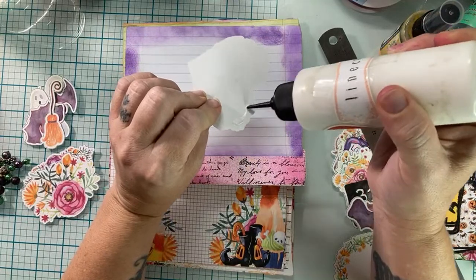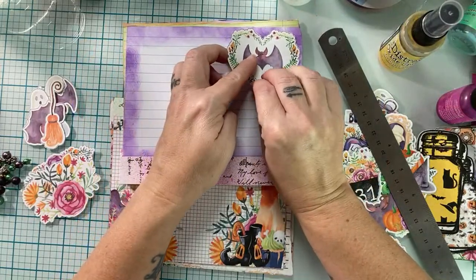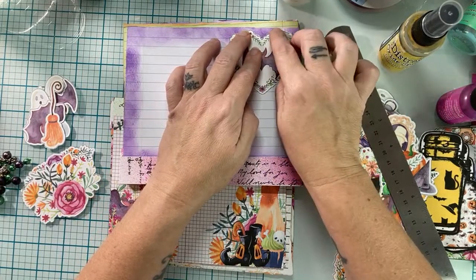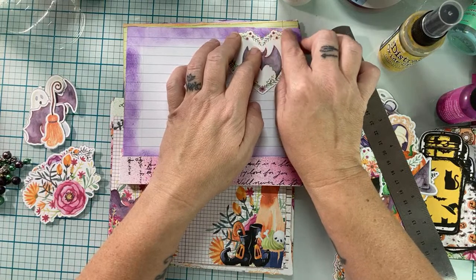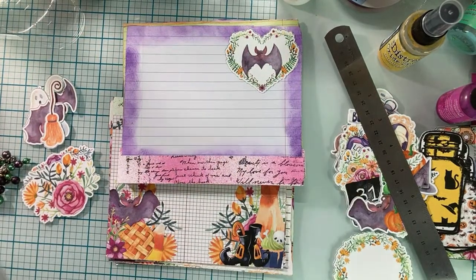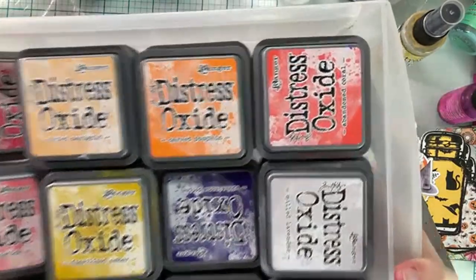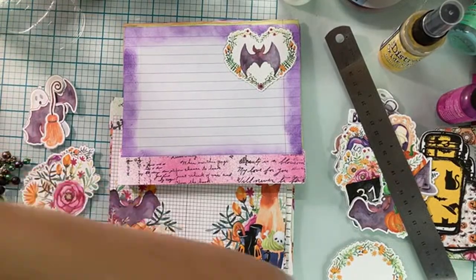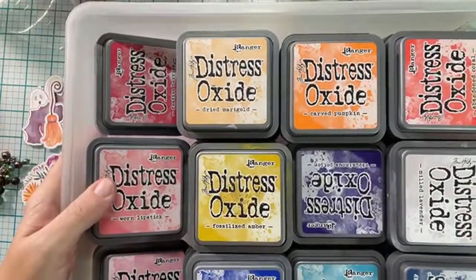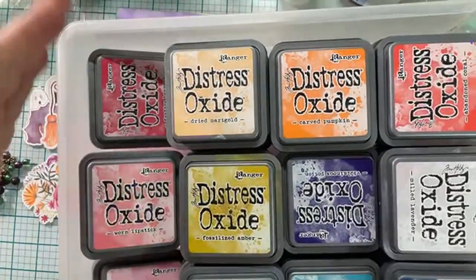I use Sterilite plastic drawers. You guys, they're not fancy. My craft room is not fancy. It's amazing. It's filled to the brim. I'm grateful. I love it, but it's not a Cadillac, y'all. Anyway, I have these little Sterilite drawers that keep my ink in. Last time I was at Hobby Lobby, they had bigger ones, like wider. And I kind of need wider because I can only do 3 Distress Oxides. These don't really fit, and they kind of pop up. I can only put really 1 back there and then close properly. So I just need it to be ever so bigger